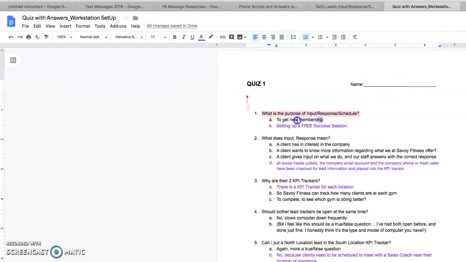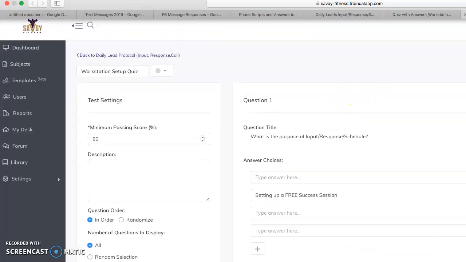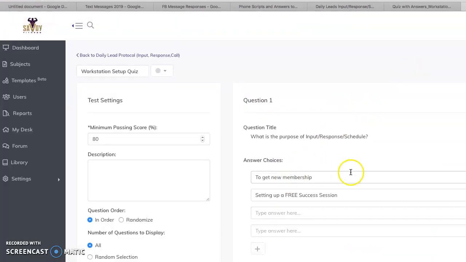I can go ahead and take A, because A is blank, and put it in: to get a new membership. What is the purpose of input response schedule? The correct answer is set up a free success session. Another false answer would be